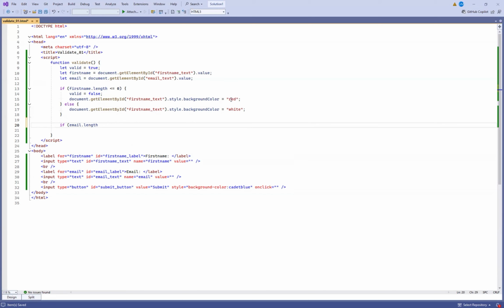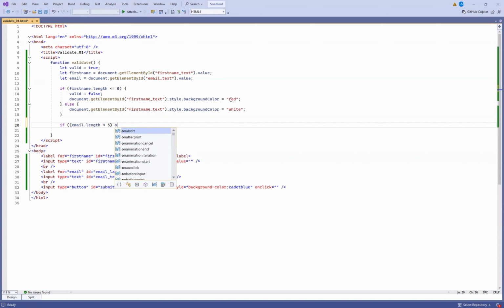And so there's a number of different ways that you can go about looking at it. The very shortest length that you could technically have for an email address would be a single character followed by an @ sign, followed by a single character, a period, and then a single character for a total of 5 characters. So in other words, if your email.length is less than 5,